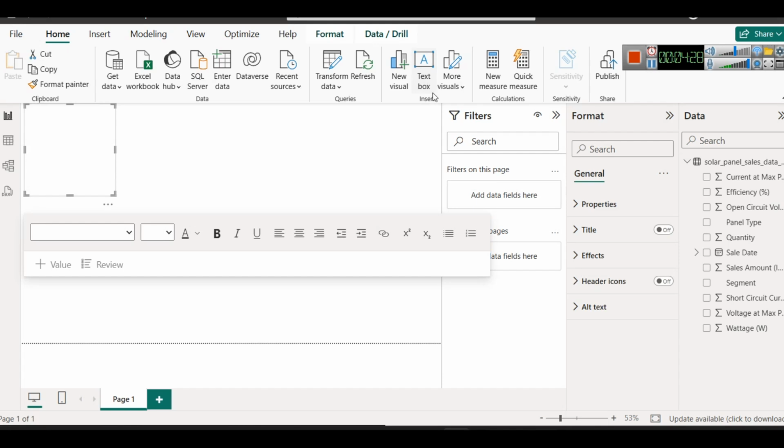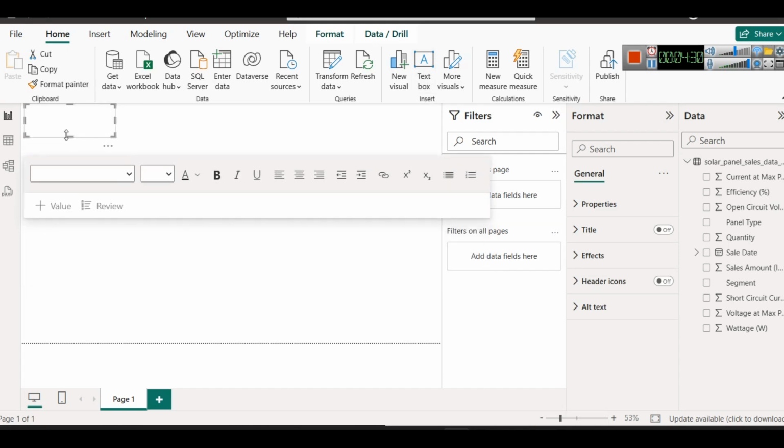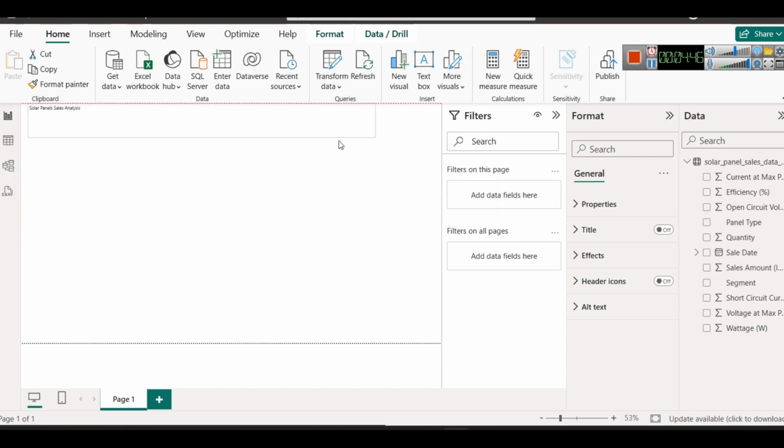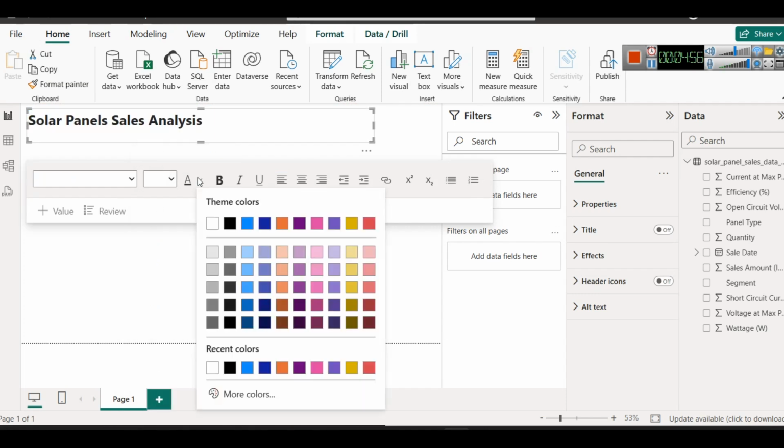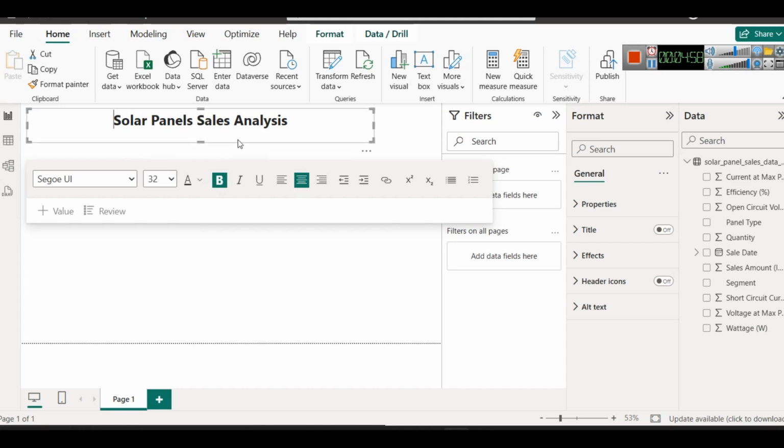So as we always do, we select the text box and write something like solar panels sales data set, sales analysis, sales forecast, whatever you want to do. You will select it and drag it, and I will use a font size of around 32, use bold, and then align it to center. Now for this particular data set